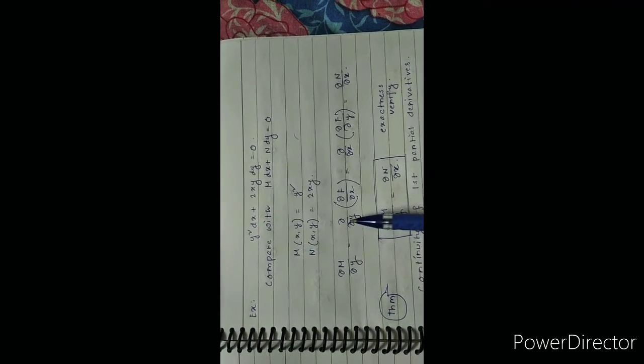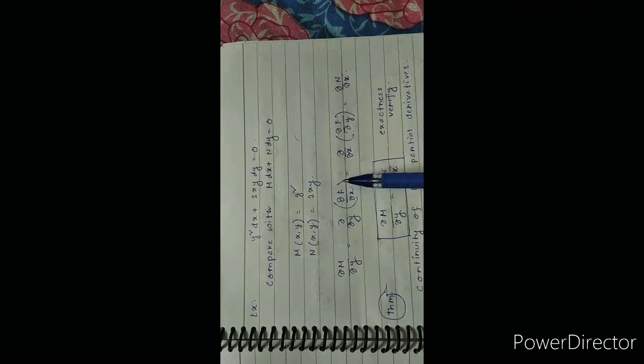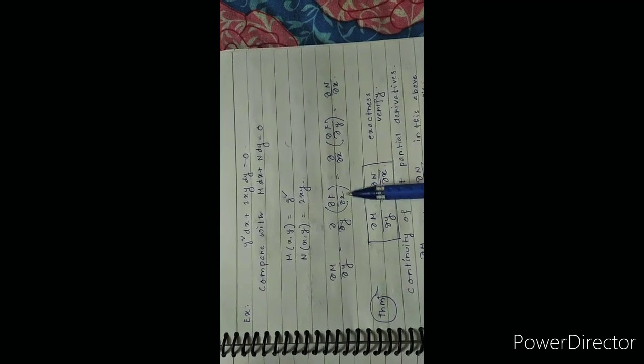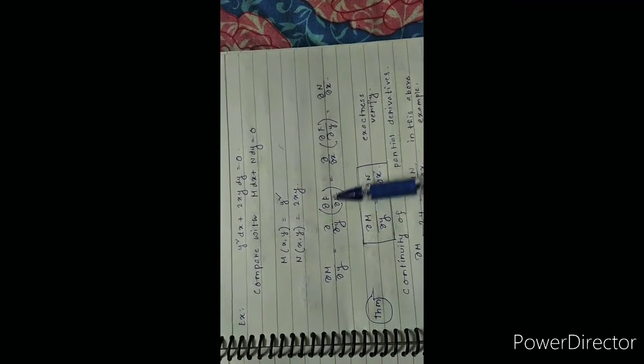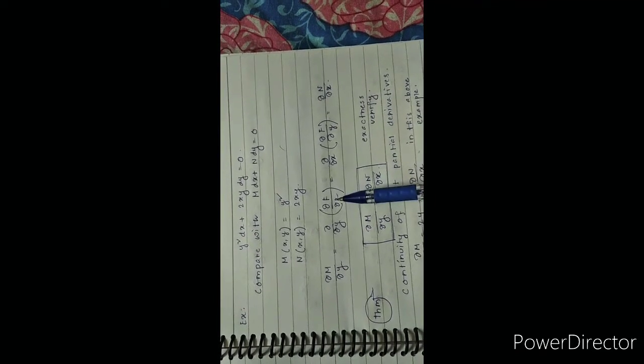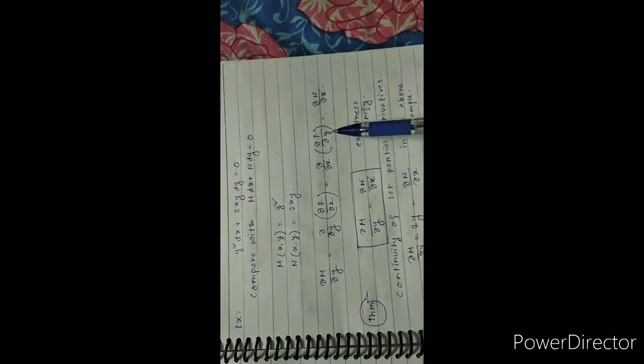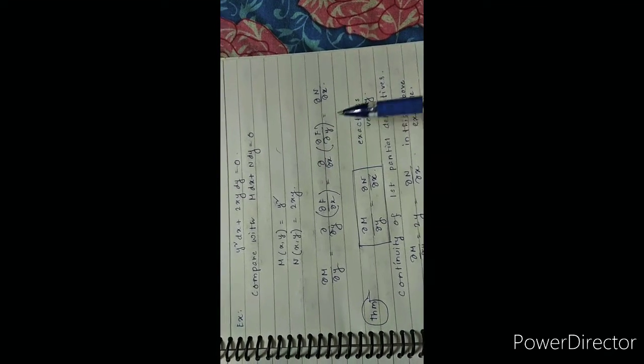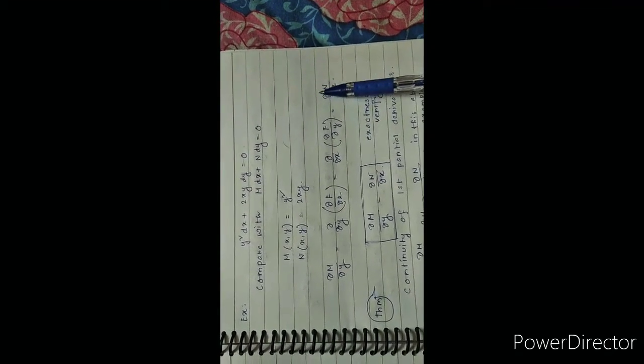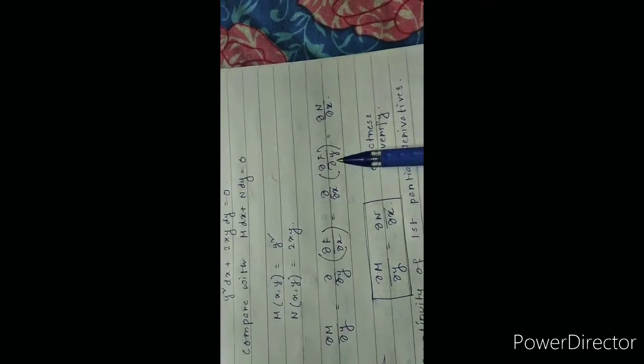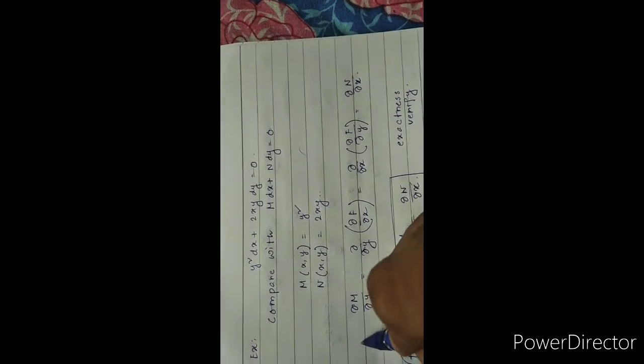You know M is del f del x, so if you interchange x and y you can write it this way, and this is again del N del x, because this is N. So this is a very important step. You should remember that